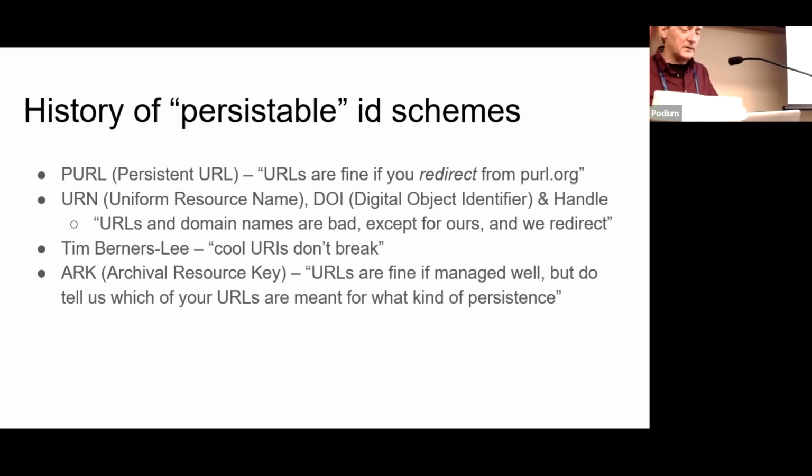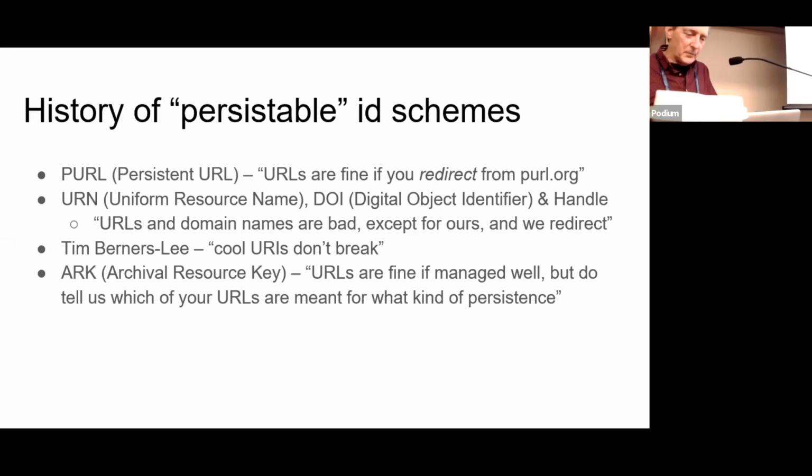URNs, DOIs, and handles got confused for a while. They sort of said, well, oh gosh, URLs are terrible. Look, they break all the time. The URL, therefore, is bad. And then they kind of decided that was wrong because after all, we had to do our business in URL land, and they ended up publishing everything under URLs.